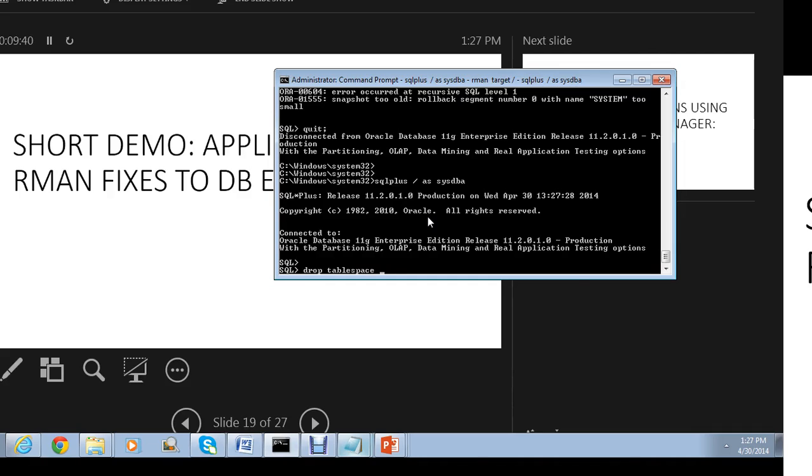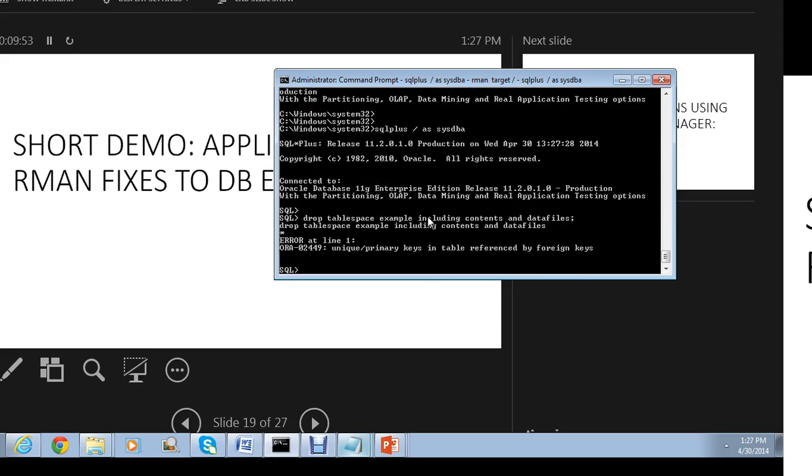A tablespace example. Drop tablespace example, including contents